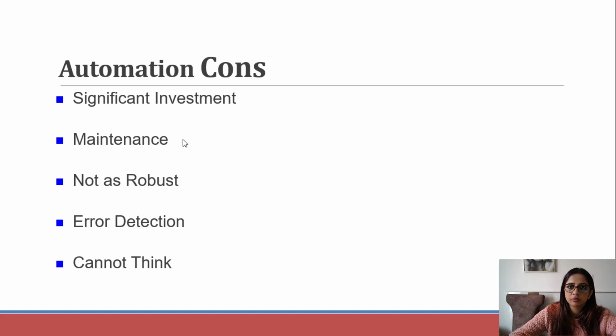That's where manual testing cannot be removed from the system, because of the last pointer, which is that it cannot think. Human minds can see the problems, think and raise issues, but automation can only do up to where it is written. So let's say there is a set of test cases which you have written already in automation. Now there's a new bug which got